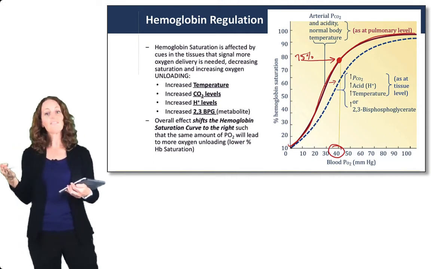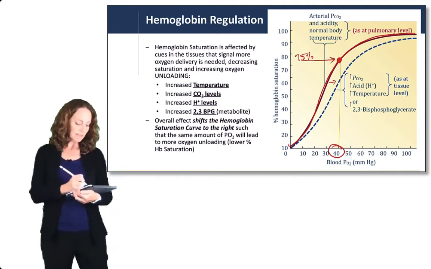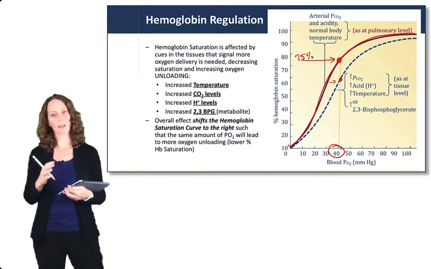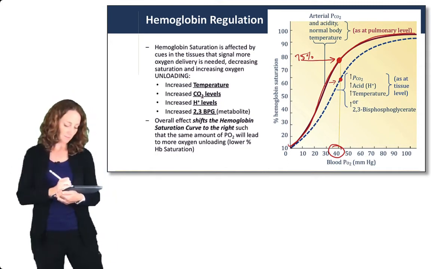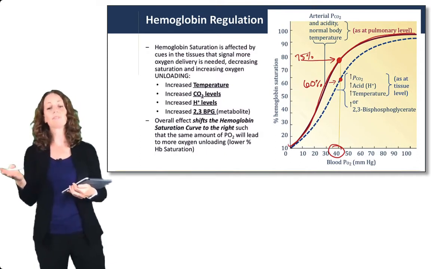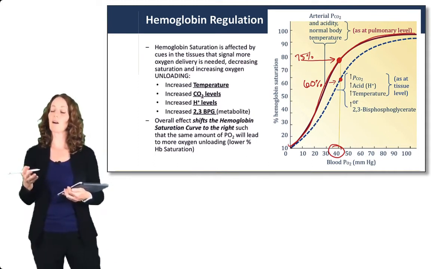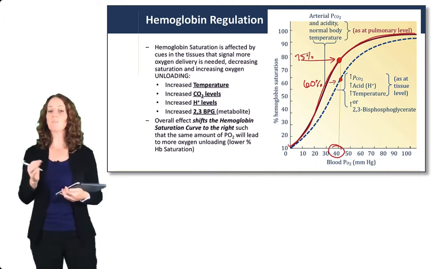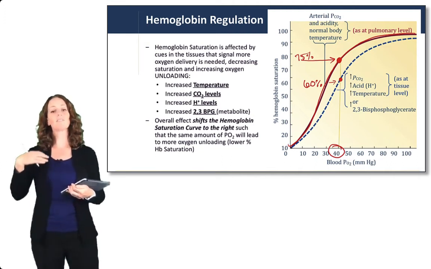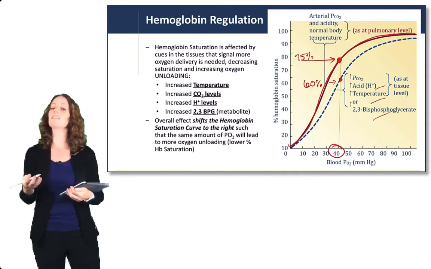Now when the curve is shifted by all of the things that we just listed, we actually have even more unloading of oxygen, and now we're down somewhere around 60% saturation, meaning instead of dropping off 25% of our oxygen, we've now dropped off 40% of our oxygen. That's a 15% increase in the oxygen that was delivered to the tissues